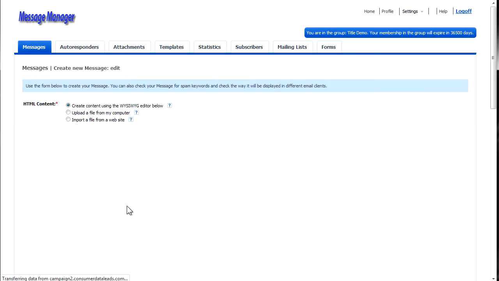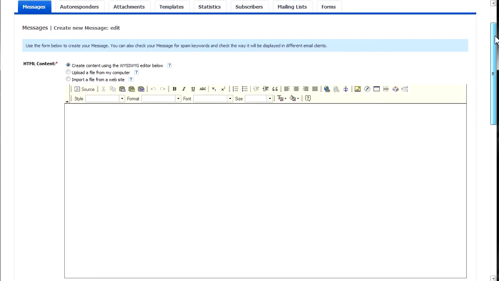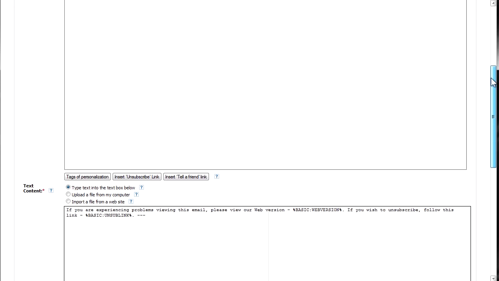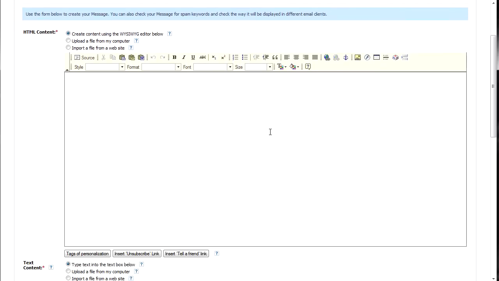We are now brought to our email composition screen. There are 2 boxes here. One is for the HTML version and one is for the plain text only version. We're going to simply type in our message right here,